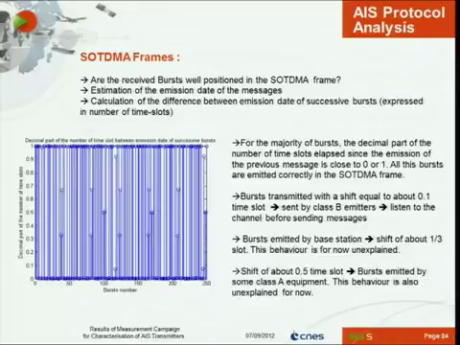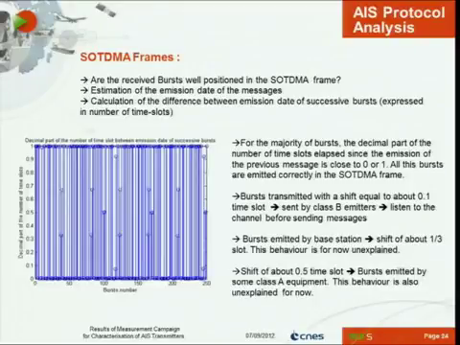Last point, the SOTDMA frames. The point is to know if the messages are well positioned in the SOTDMA frames. That means whether there is a natural number of time slots between the beginning of each message. So we compute the difference between the emission dates of successive messages, and we plotted the decimal part of this